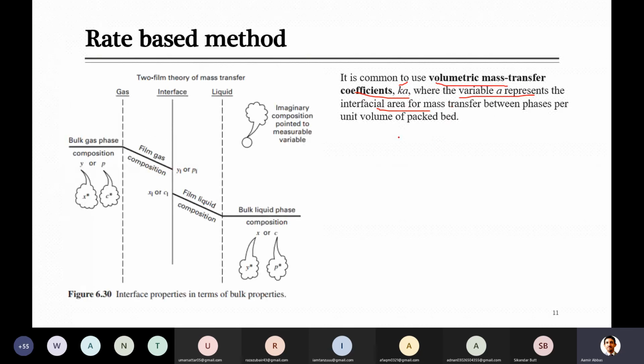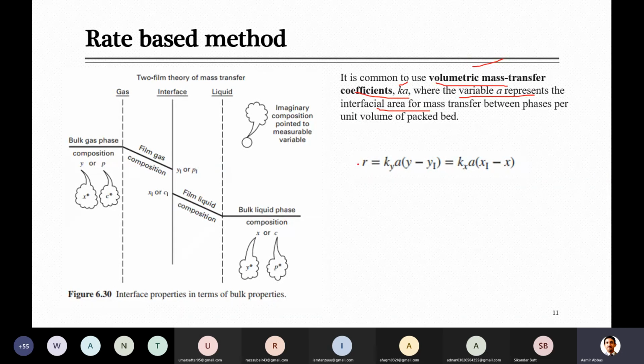In that case, this is where gas and liquid will be contacting. If it is just a simple straightforward geometry like this, where liquid is flowing and gas is flowing and they are coming in contact, maybe it is easy to calculate this area. But on the surface of the packings where liquid and vapor are contacting, this is not really an easy task. So for that, they have come up with this Ka, which we call the volumetric mass transfer coefficient.